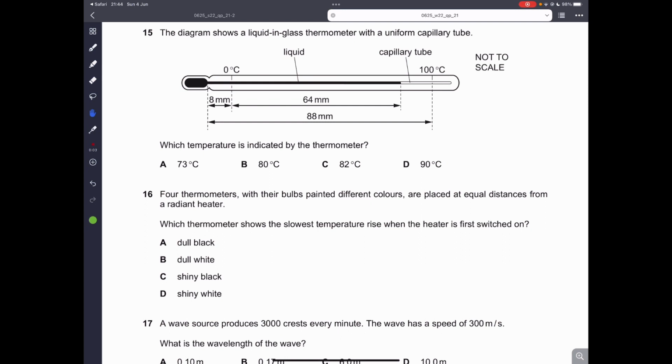Okay, question 15. The diagram shows a liquid in glass thermometer with a uniform capillary tube. Which temperature is indicated by the thermometer? Okay. For this question, what you have to do is look at the lower fixed point and the upper fixed point, and you can see that they have given you various information, but you only want to know the height from 0 to this part, which is 64 millimeters. So 64 millimeters, we can write it at the top, and then we can write it over